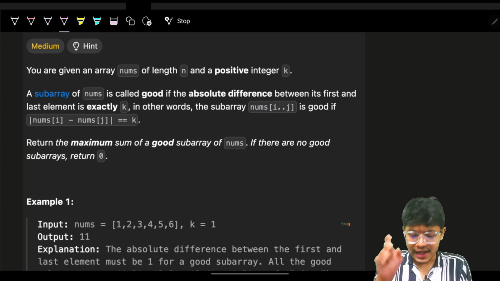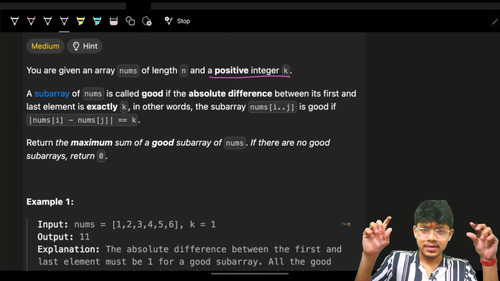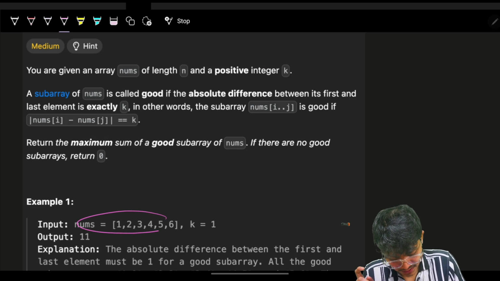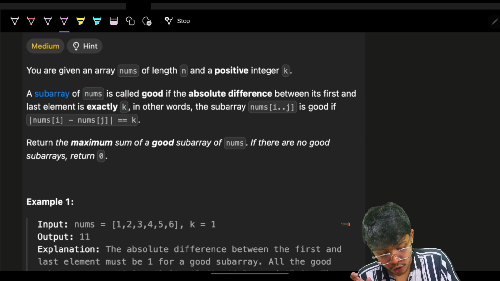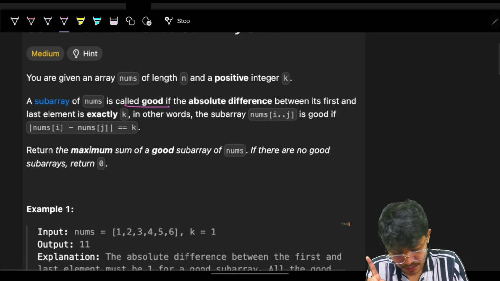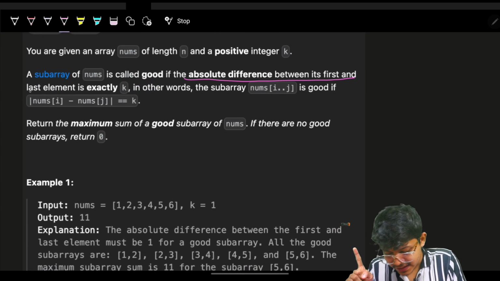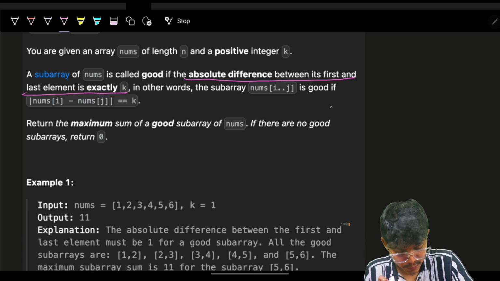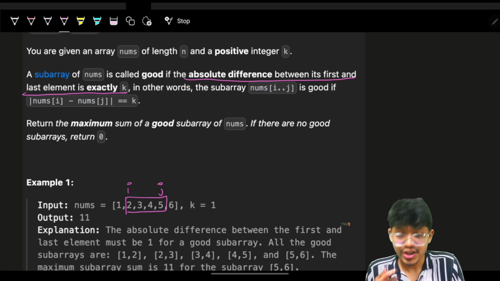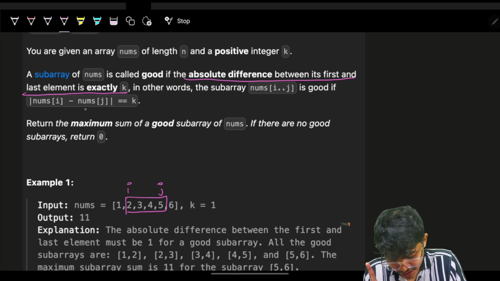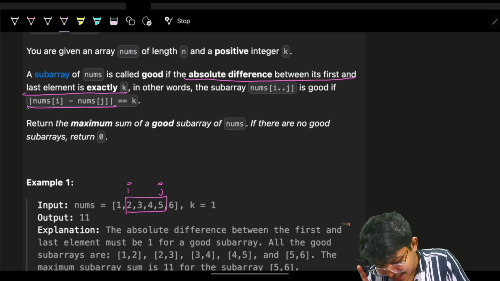Now, we are given an array nums of length n and a positive integer k. Okay, array nums, length n and one integer which is k. Now, a sub-array of nums is called good if the absolute difference between its first and the last element is exactly k. Which means if I take this as a sub-array, this is let's say the ith element, this is let's say the jth element. Then nums of j minus nums of i or nums of i minus nums of j, anything can work, but take the absolute